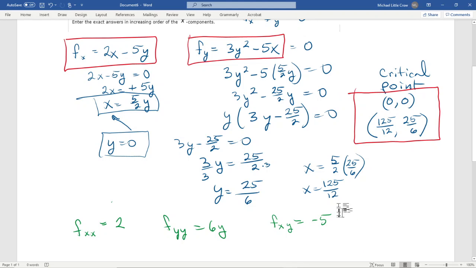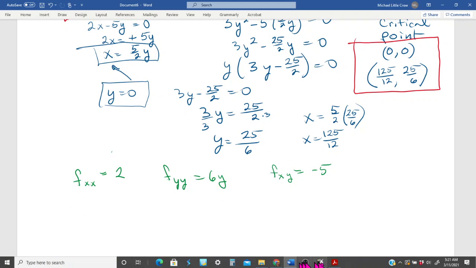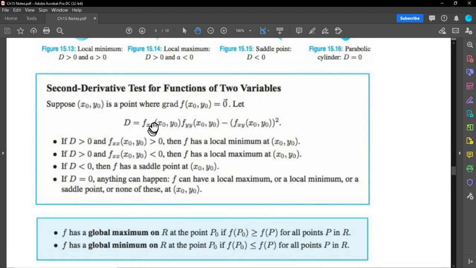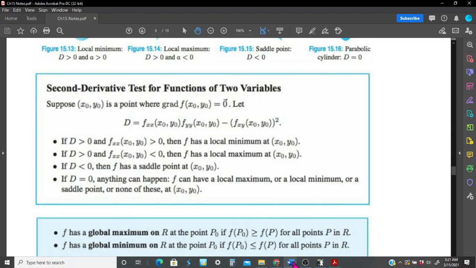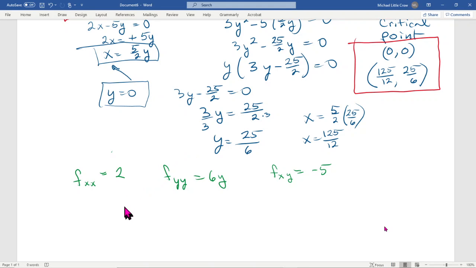So what is the discriminant? It's maybe good to have these printed out in your notes. The discriminant is fxx times fyy, the second derivative with respect to y, minus this. So multiply these two, subtract the second one squared. Okay, so the discriminant is going to be equal to fxx at the particular point as well. So we're going to use these 2 points,